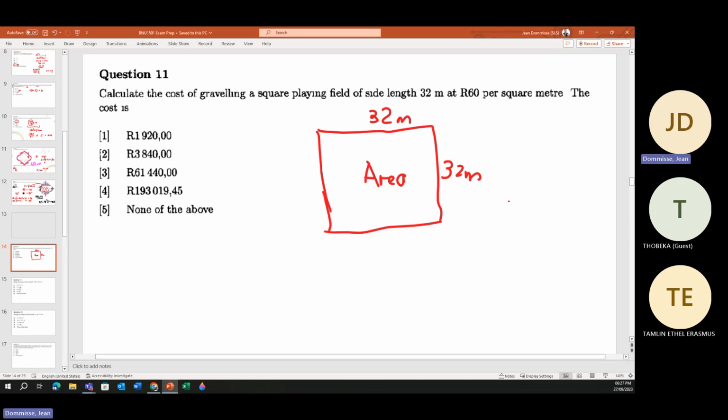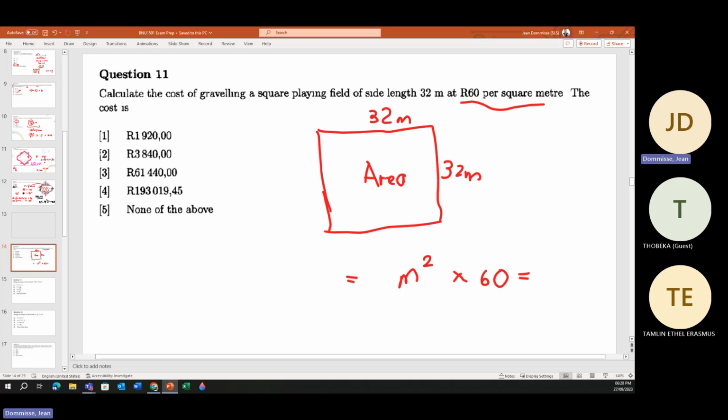That will give us an answer in square meters, and then it costs us 60 rand per square meter. So whatever that answer is, we need to multiply by 60